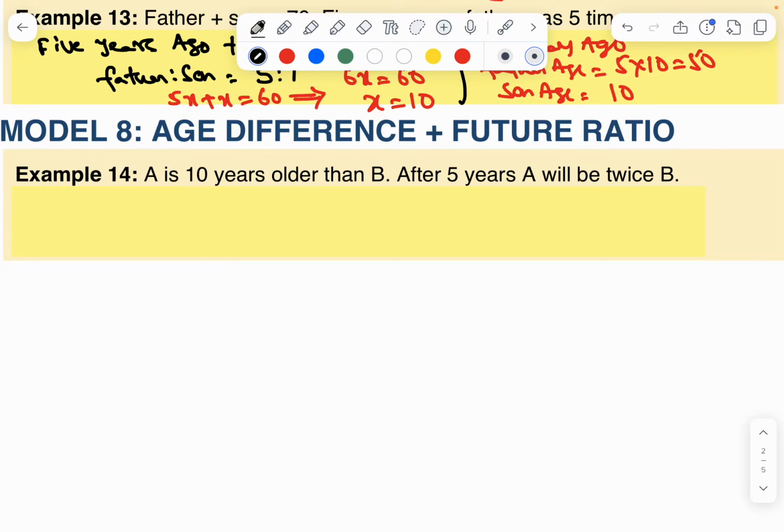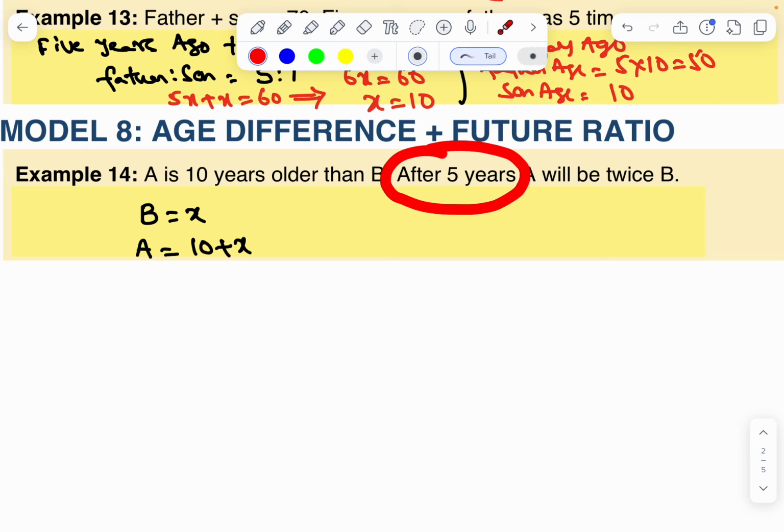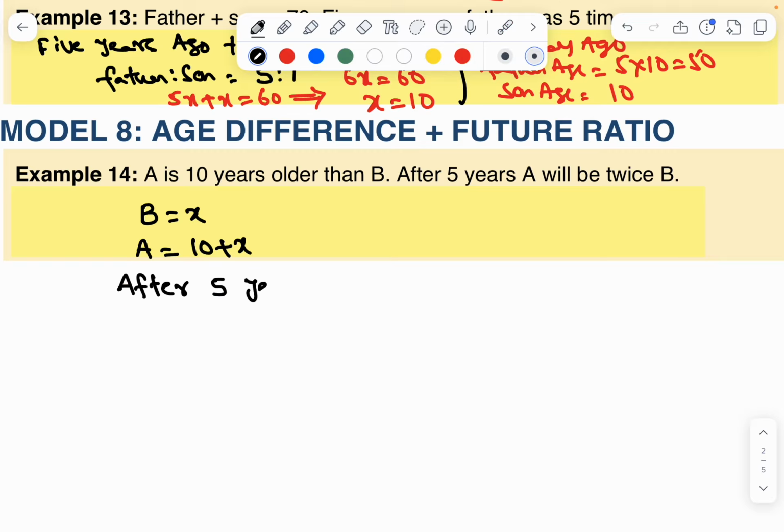Okay. Simple. First of all, B is equal to x. Therefore, A is equal to 10 plus x. In this question, they have given after 5 years. After 5 years, A will be twice B, already given. Therefore, after 5 years means